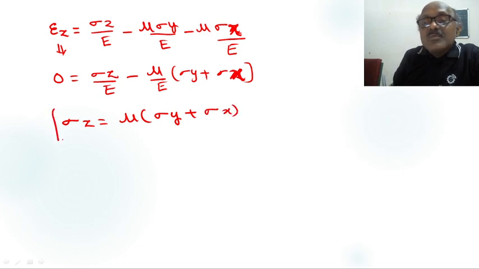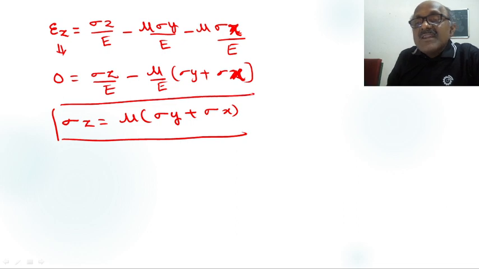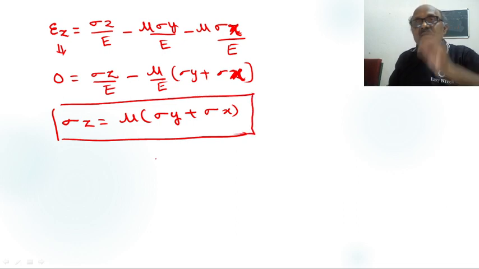It is very, very important. In plane strain condition, the stress in z direction is not 0. That is very important, my dear students. Now, we already studied the stress strain relationship for three-dimensional objects, my dear students, that is sigma x, sigma y, sigma z, tau xy, tau yz, tau zx,